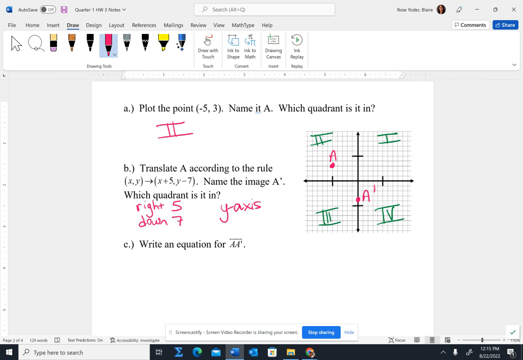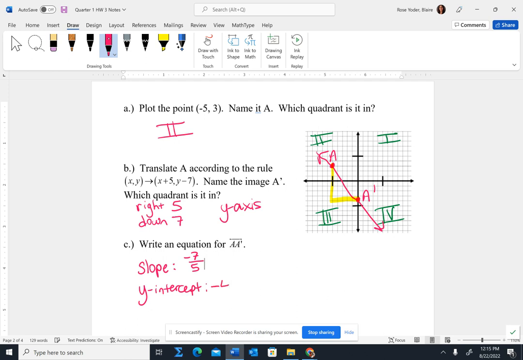And finally, this is a little preview for what we're going to be doing in the weeks to come. It says, can you write an equation for the line that passes through A and A prime? Well, I have a little trick for you. I don't really have to recalculate the slope because I know that we just went right 5 and down 7. So I know that my rise is -7 and my run is 5. And then I also know that A prime is at the point 0, -4, which is the y-intercept. So for the slope, I have -7 over 5. And for the y-intercept,